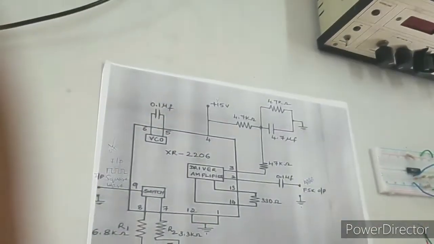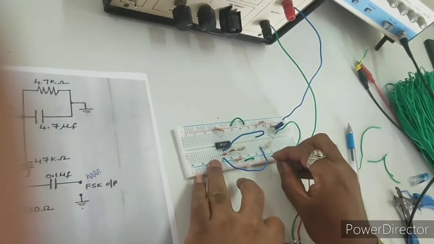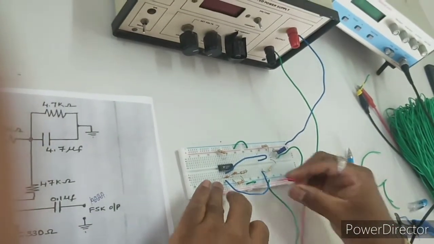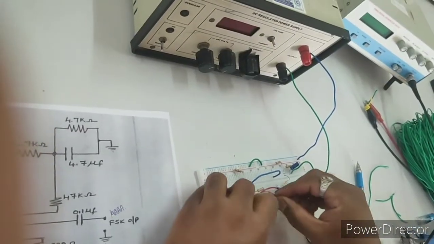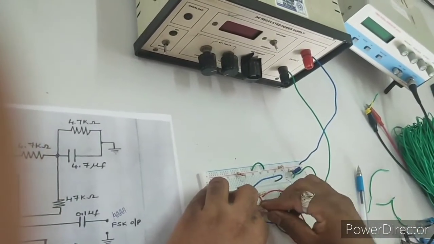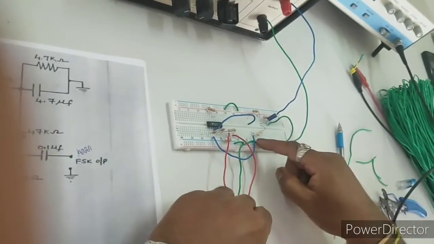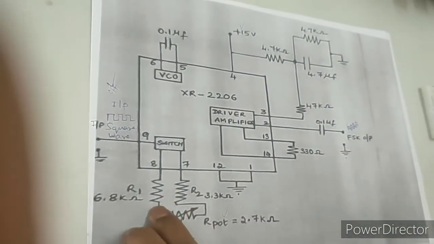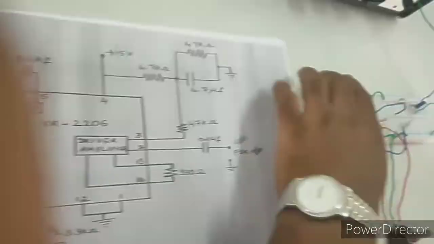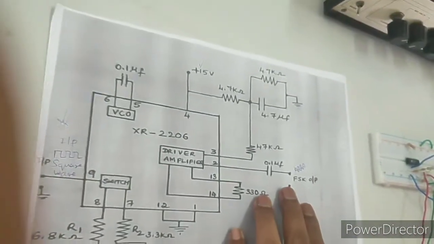Now the pot I am going to connect. Middle wire it is ground. Any two free ends you can take. One is to 6.8, another one is to this one, 3.3. Pot connections I have made. Middle wire it is ground. One is one end of 6.8, another is one end of 3.3. I think the circuit is over.